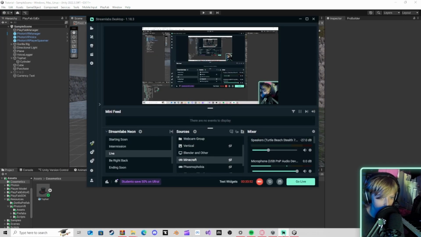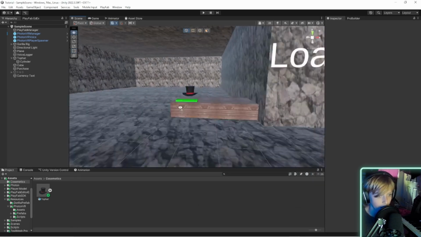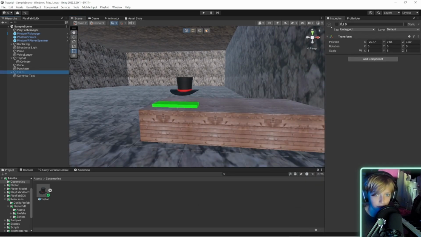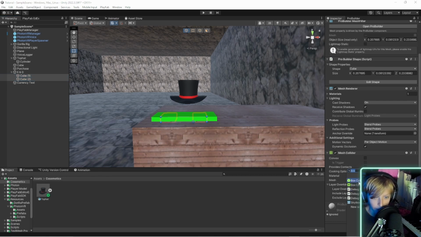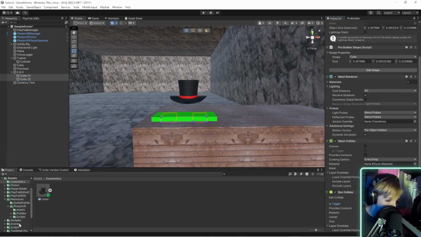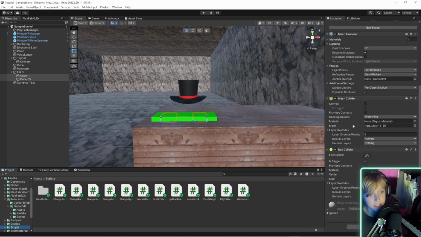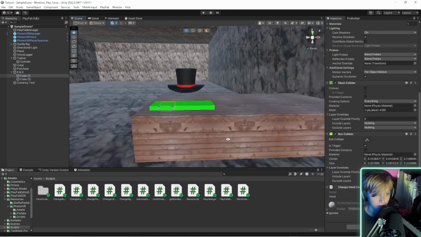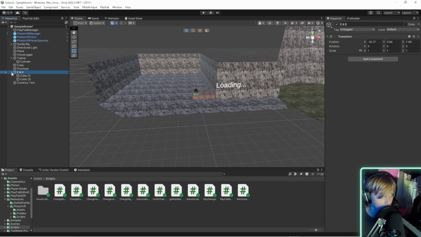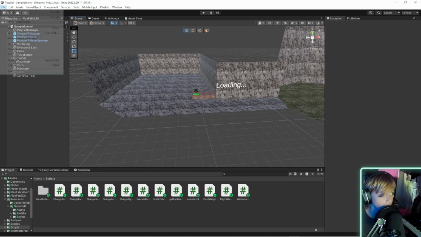I'm going to make sure my webcam's in good. Yes, it is. Okay. And then now you're going to click enable and disable. Actually no, shift click both of them. Add a box collider. Is triggered. Then go to your scripts folder. And this is a head cosmetic, so you're going to put change head cosmetic on this. But if it's a face cosmetic, you're going to put change face cosmetic, all that. Then only on your enable button, put top hat. On the disable button, put nothing else. And then go back here, close this, turn it off, file, save,